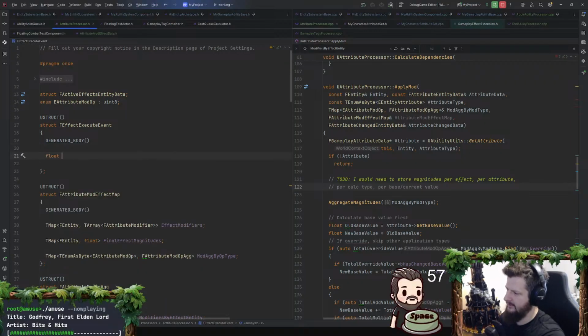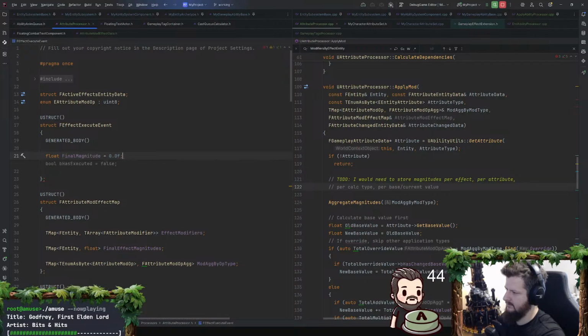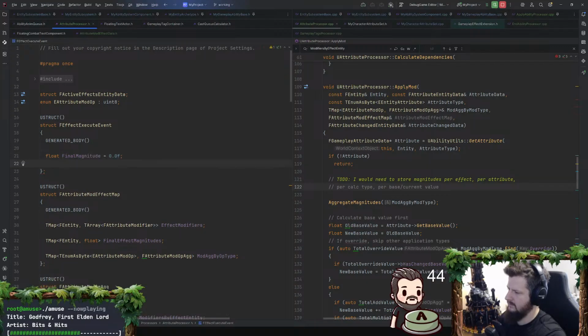I think we'll have float final magnitude. Or no, I would have the array. Maybe I just use this event for what we want here.